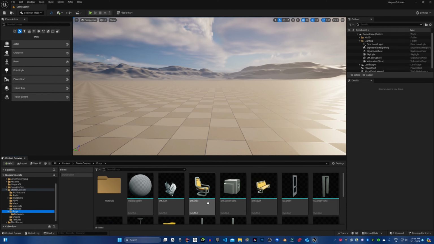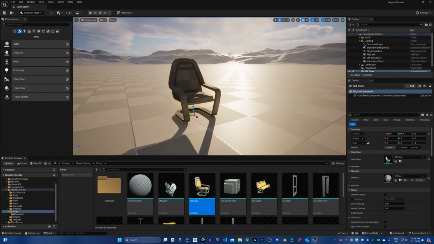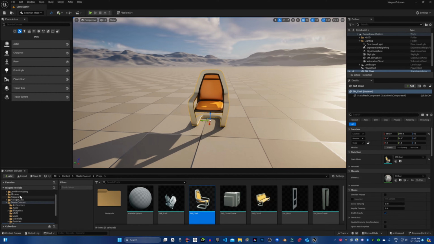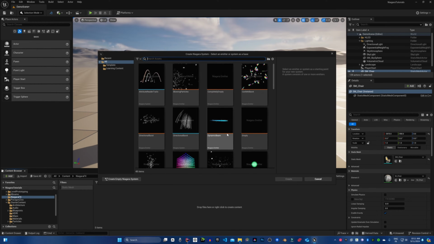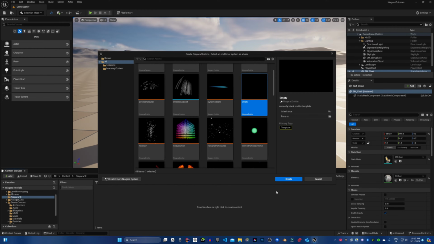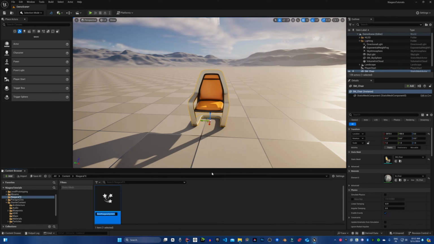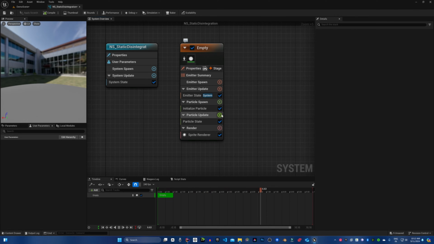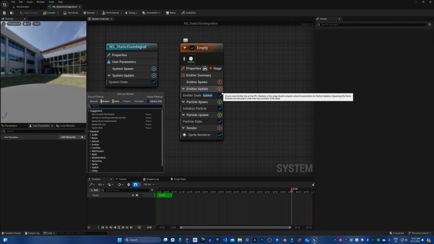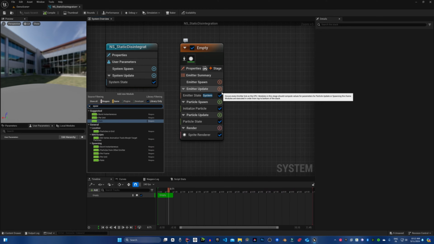For this demonstration, I will be using this chair mesh from the starter content, and in here I'm going to create a new Niagara system. I will start with an empty emitter so that it's easier for me to set up the modules myself. First, in the emitter update, I'm going to set up the spawn rate,